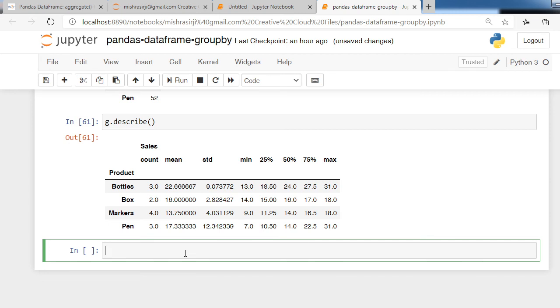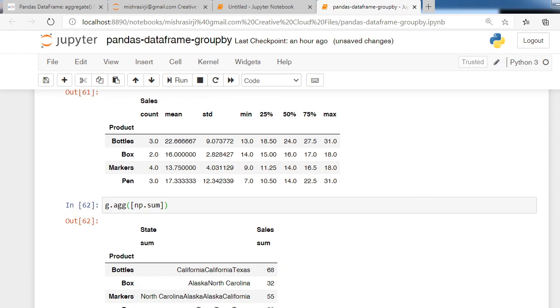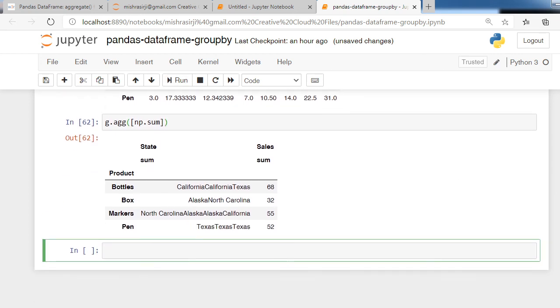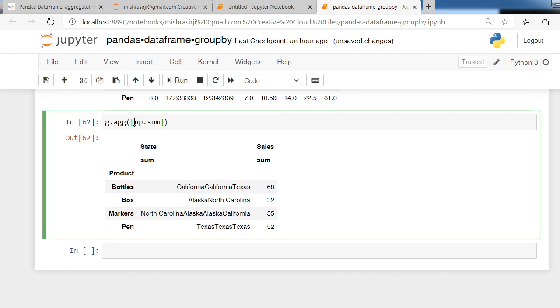Here I am writing g dot agg. We can use only one function or more than one function. Here I write np.sum. So run this command and check. This function returns total sales of each group. We can write more than one function in a single statement.